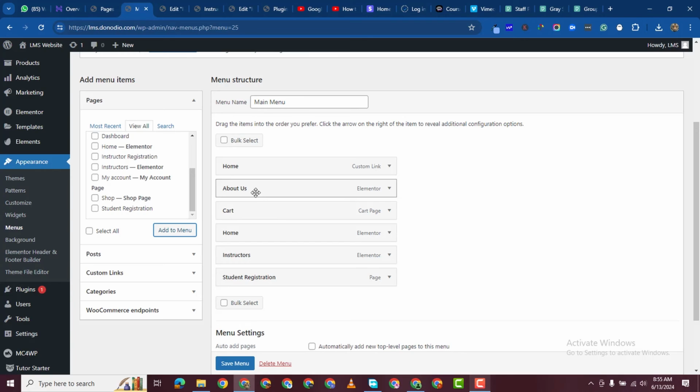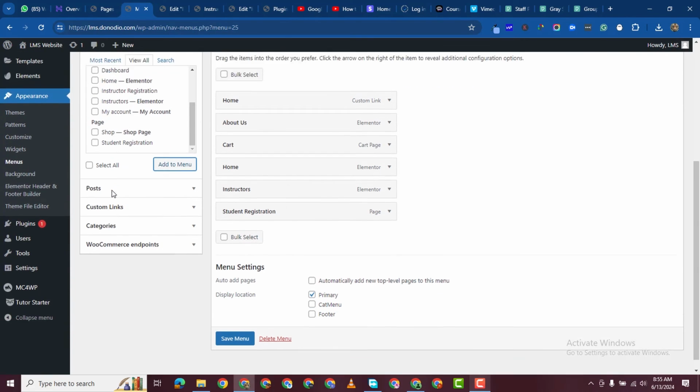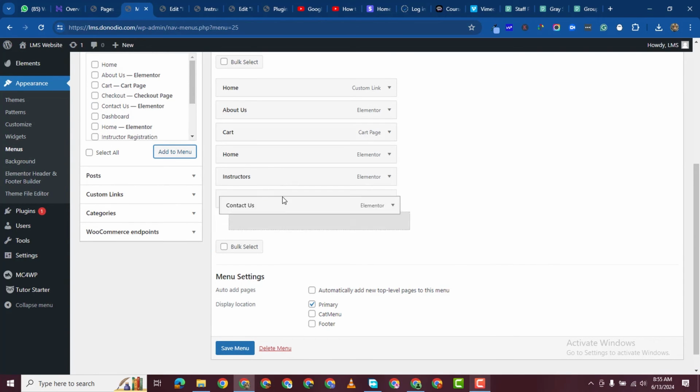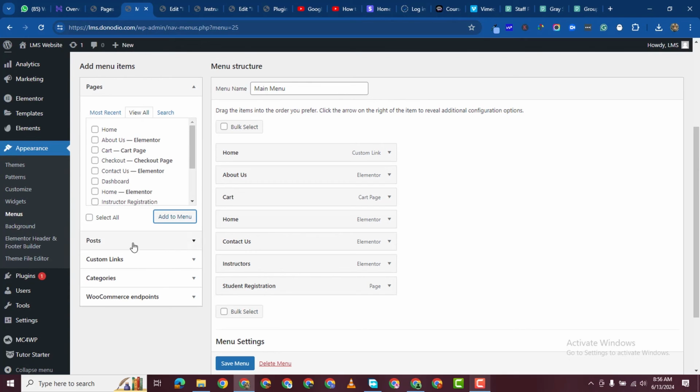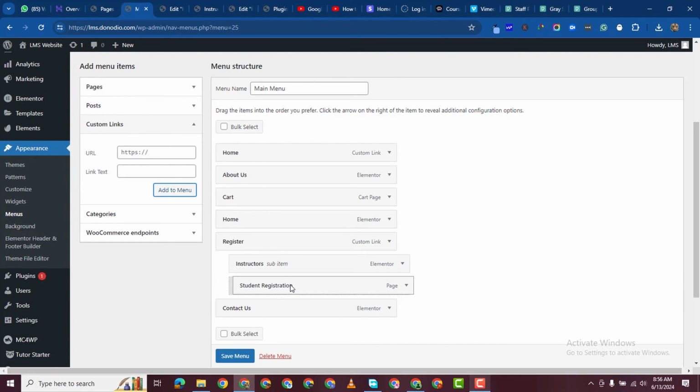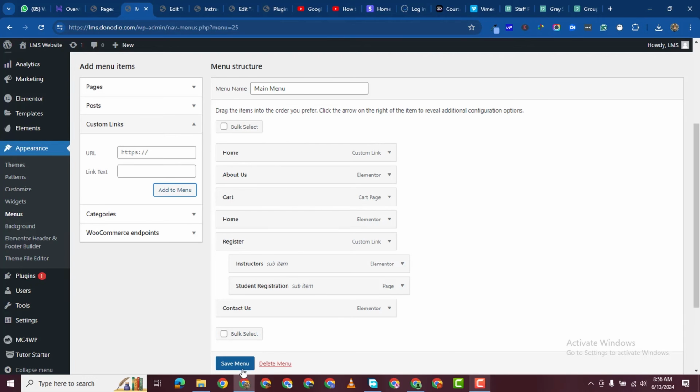So we have home, about us. We have not added contact us. Let's add the contact us button there. So now what we want to do is I want to add a custom link, and let's make this a pound and let's say register. Register, add to menu. So we'll add this here, register, and then instructors, student registration. Let's save that,